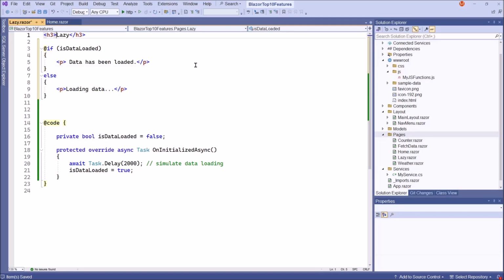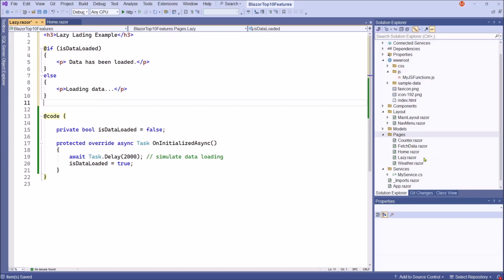let's put here a lazy loading example, for example. Okay, we just created a component. Its name is lazy.razor, and we just put a title, lazy loading example. Then we just created a Boolean variable, is data loaded. At first we assign it to false, then we just override the protected OnInitializedAsync, and after 2 seconds